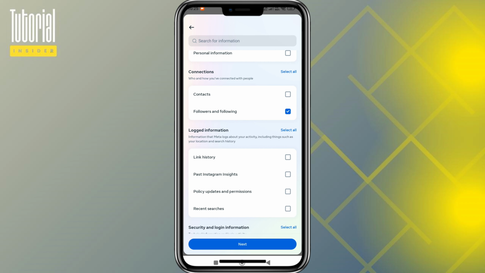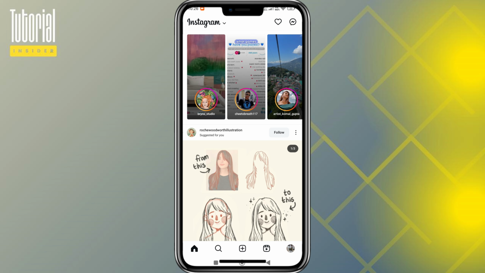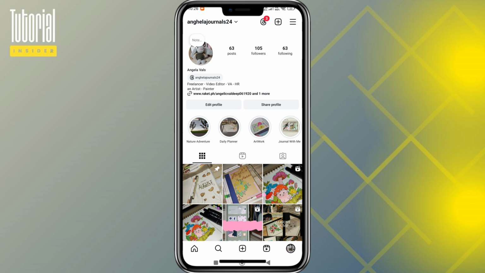How to check who unfollowed you on Instagram. So to start, we'll just have to open our Instagram application, and then in here we'll have to navigate to our account, and then once we're here on our account, we'll have to tap on these three lines, and then